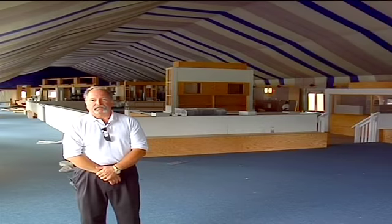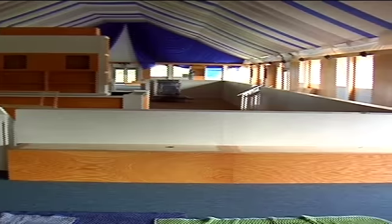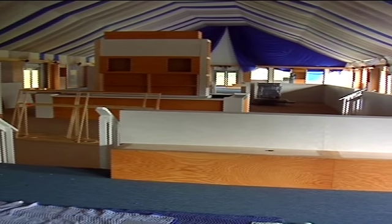This tent has the uniqueness of having a sunken floor in the center. There'll be a bar down there with sofas and chairs and small tables and so on, coffee type tables for